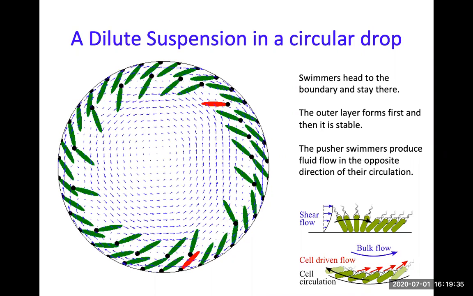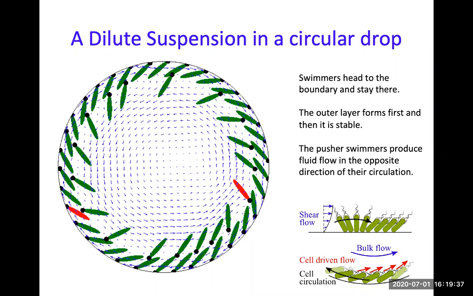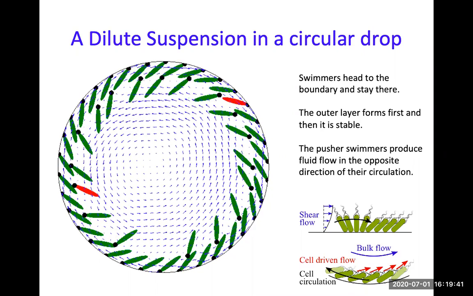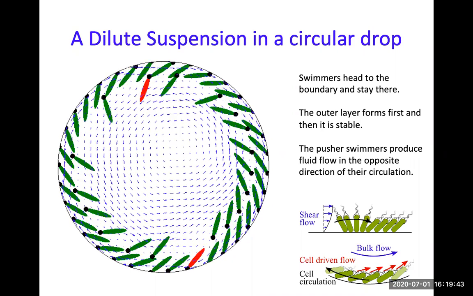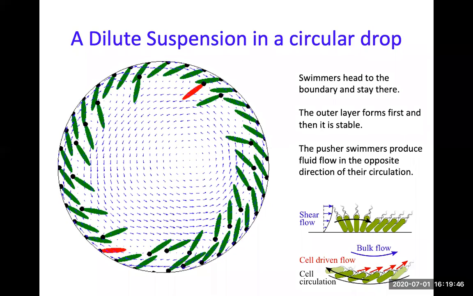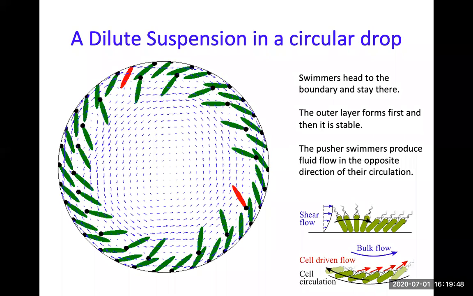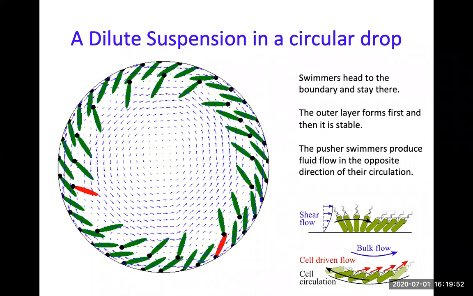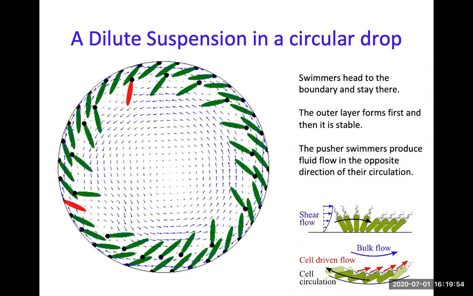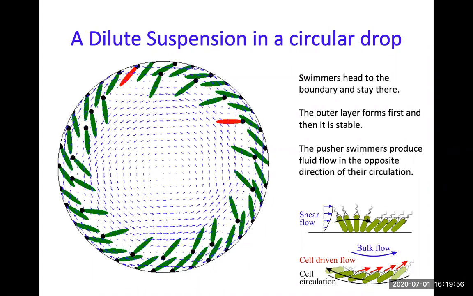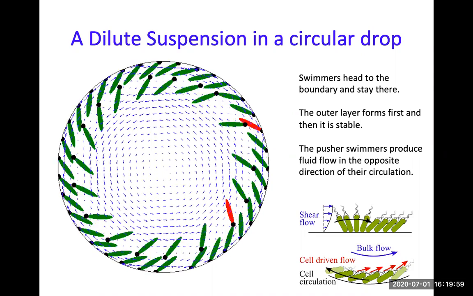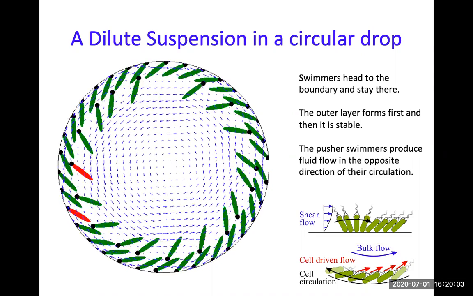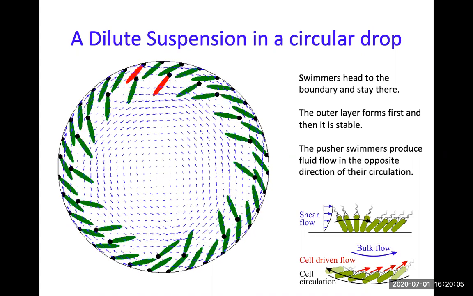What you will notice is that they're all moving in one direction, like all the swimmers, the rotation is in one direction, but the fluid flow that emerges in the bulk is in the opposite direction. So they're pushing fluid flow back with their flagella, which act like micropumps, in the opposite direction, right? So the swimmers are moving in one direction and they're pushing fluid flow back. And also locally they're aligning, right? Because of the elongated shape, you get this local aligning.